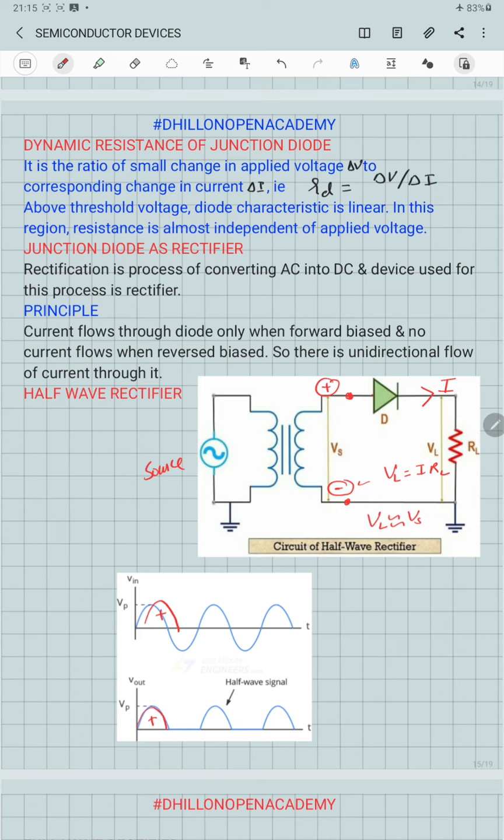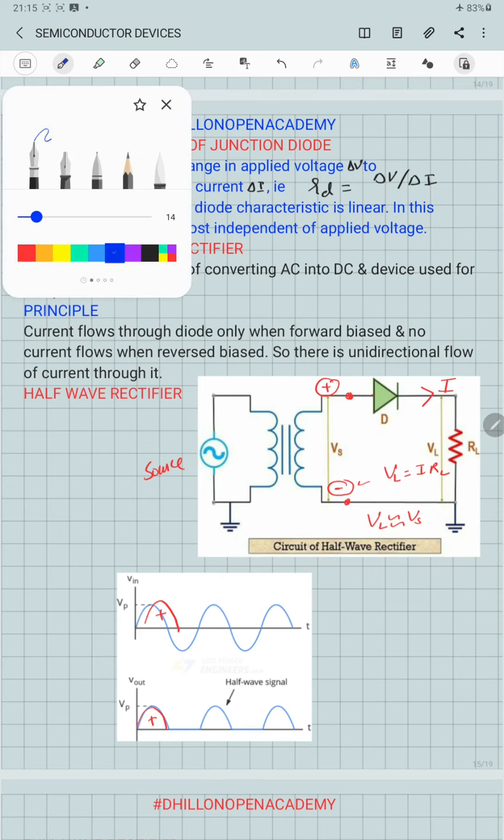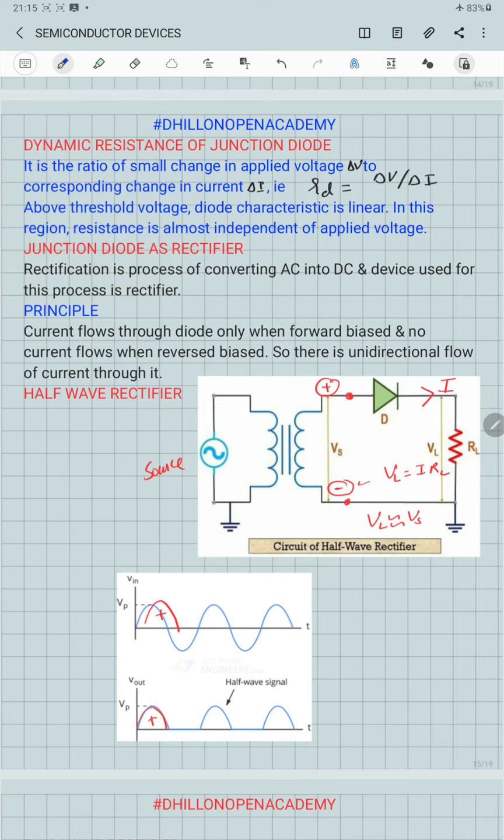Now, when the negative half cycle appears across the secondary coil, the reversal of the polarity takes place, due to which the upper terminal, which was earlier acting as a higher potential terminal, will now behave as a lower potential terminal. That means it will act as a negative terminal. While the lower terminal, which was earlier acting as a lower potential terminal, will now behave as a higher potential terminal. So it will behave as a positive terminal.